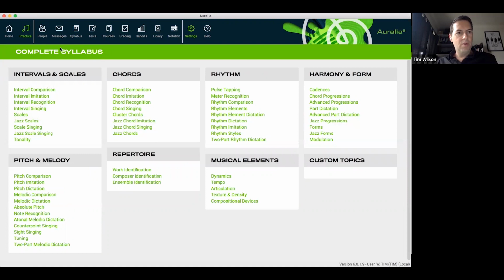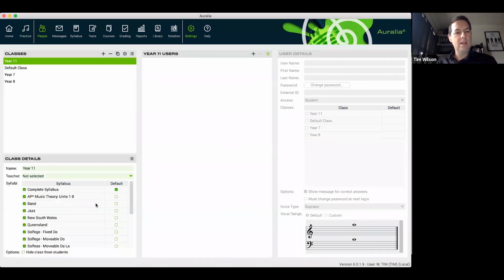Now, just before we move on, just one other quick little tip I just wanted to point out. So currently we've just been working in our complete syllabus here in Auralia, which includes a set of levels that we've created over the years based on feedback and discussions with educators from all around the world. You may like them, you may not like them at all, which is perfectly fine. But just so you're aware, under people here, there are a whole range of